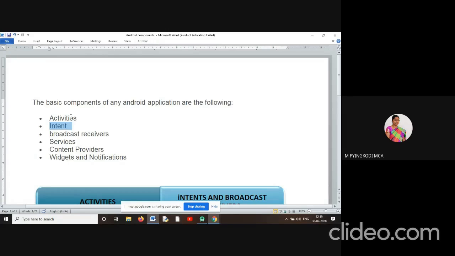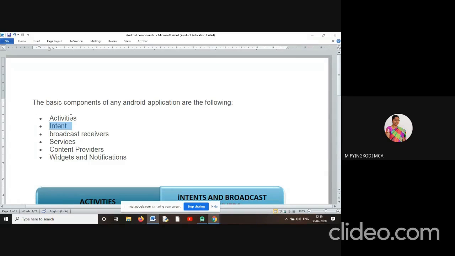For example, if you want to start an activity, when you go to the WhatsApp icon and click that WhatsApp icon, this intent will start the WhatsApp app. WhatsApp app, you have a request to open that page, open that layout, so open that activity.